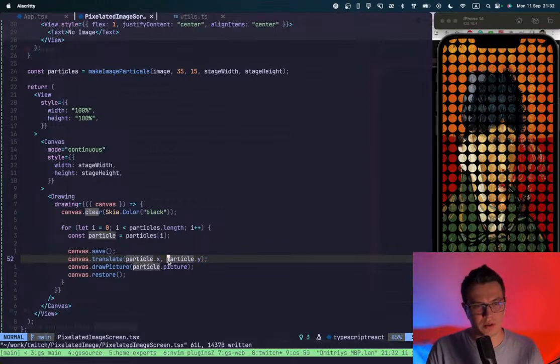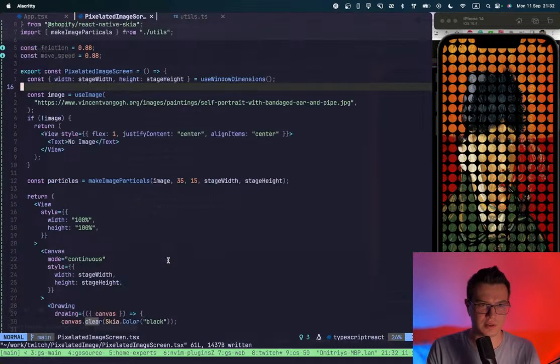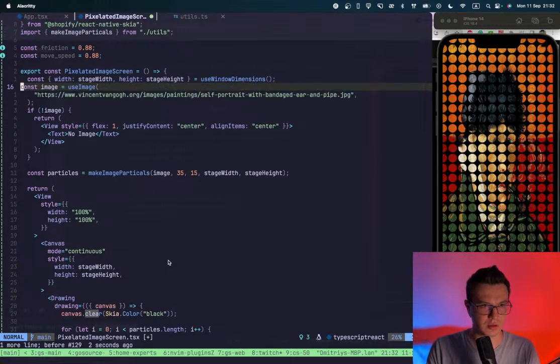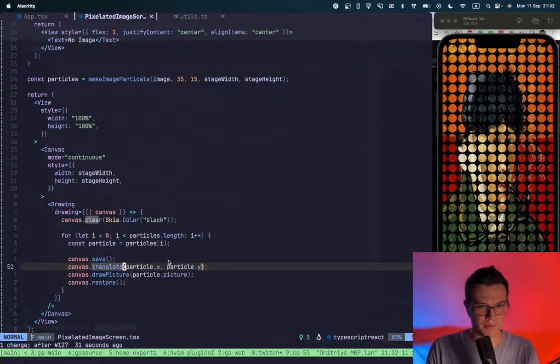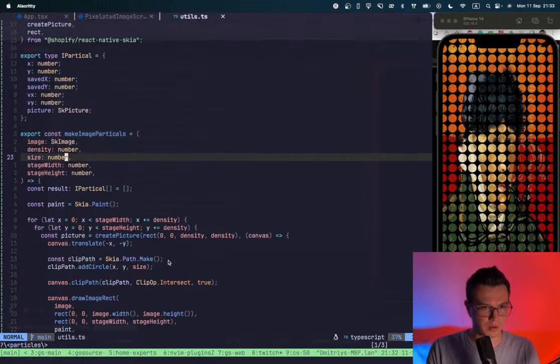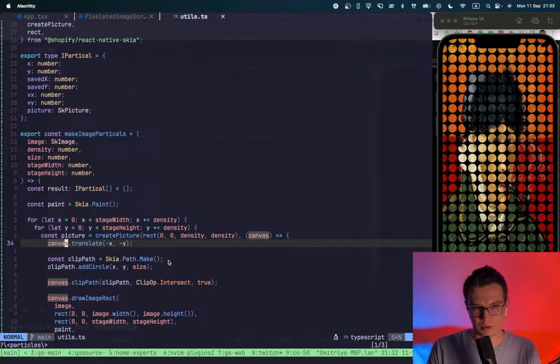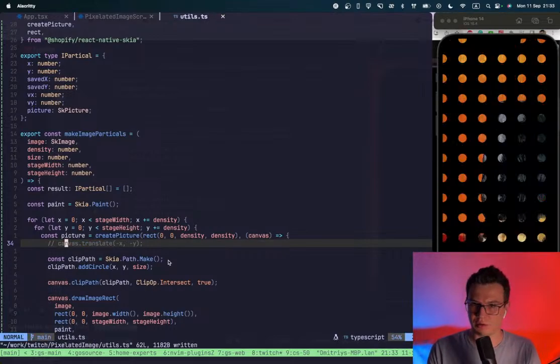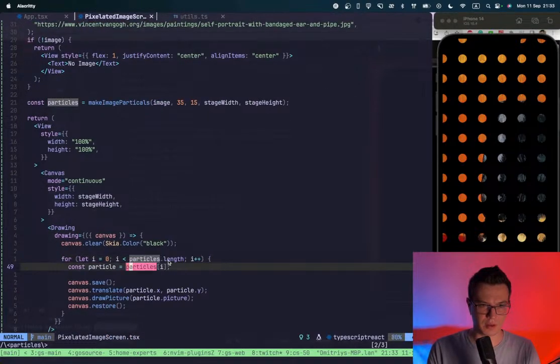And why do we need translate? I think this is because we do translate it here. And then